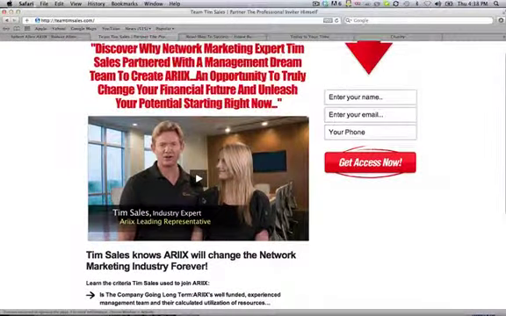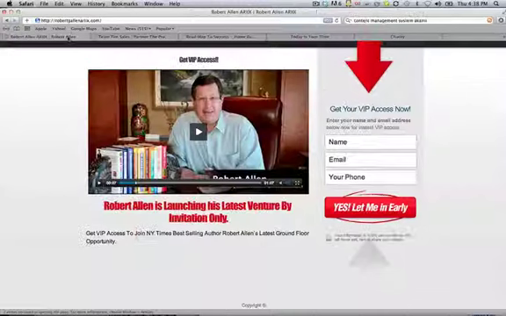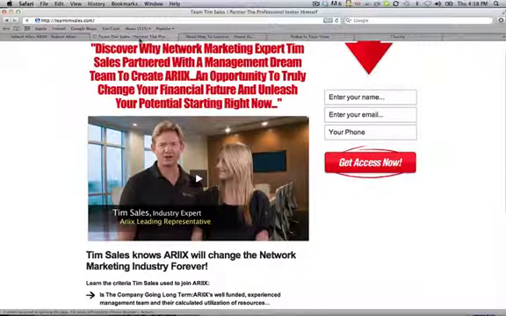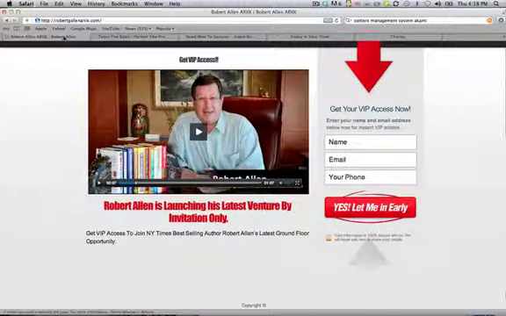And we need to get this pretty much, I like the cleanness here. So the first one is one for Tim Sells, and it's got Tim and Laura. They talk about the business. And the second one is a Robert Allen one, very similar. You got Robert Allen here, and we have the videos, and you don't have to worry about that. We just need to get a placement set aside for the actual video. So there's a Tim Sells one, and then there is a Robert Allen one.